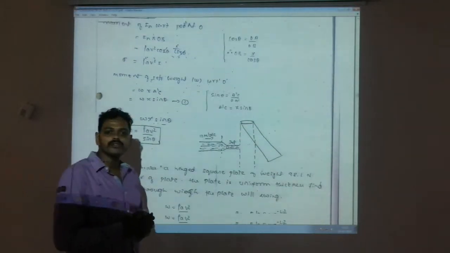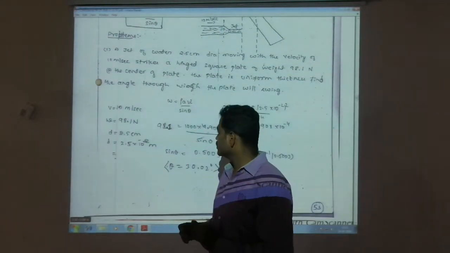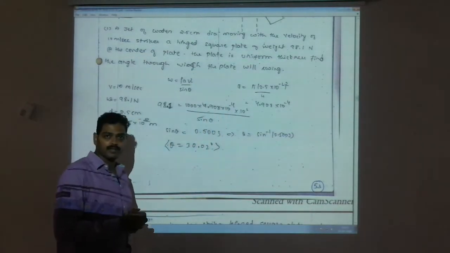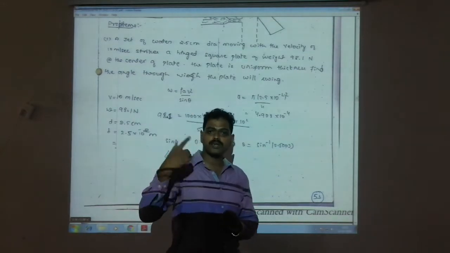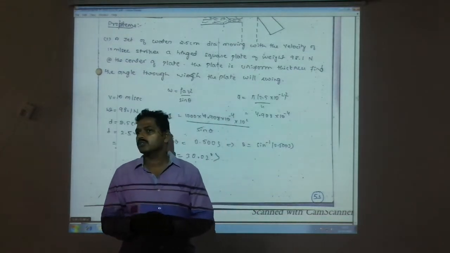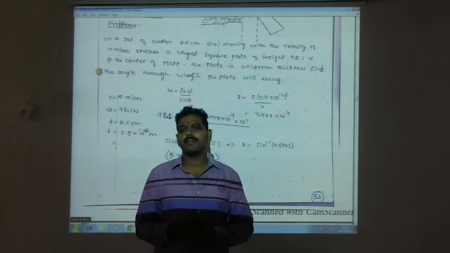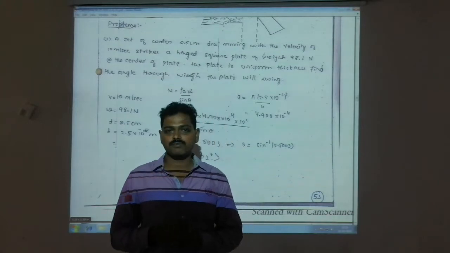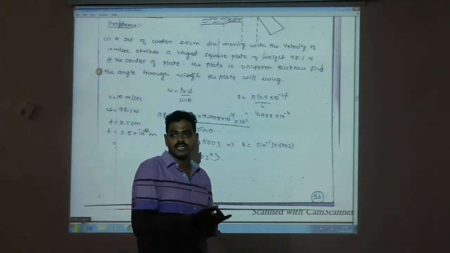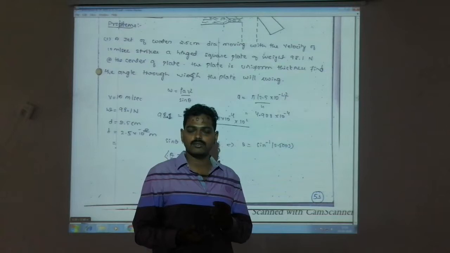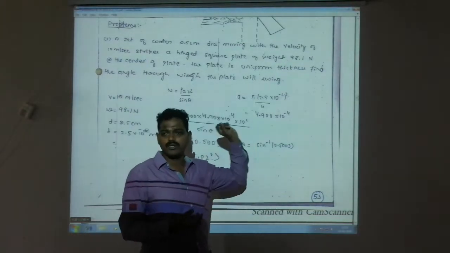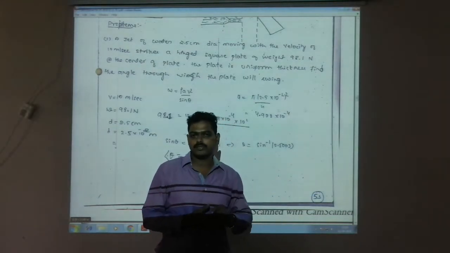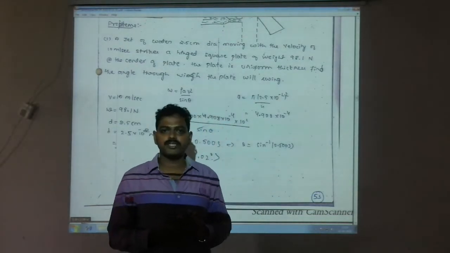Yeah, next we'll go with the numericals of the hinged plate. So that is the first problem we can look at here. A jet of water 2.5 centimeter diameter. You can see that in previous sessions, while discussing numericals, the jet diameter was given as 75 mm, 100 mm. The units will be given in millimeter. Now in this numerical it is centimeter. Sometimes it will be given in meters. So first we should convert everything to meters. Then we can substitute all the parameters in meters. Then it will be easier to do it.